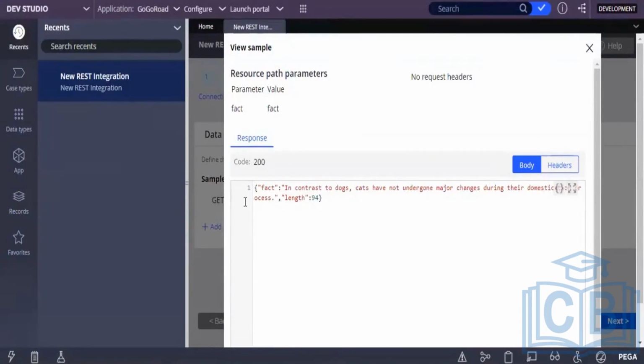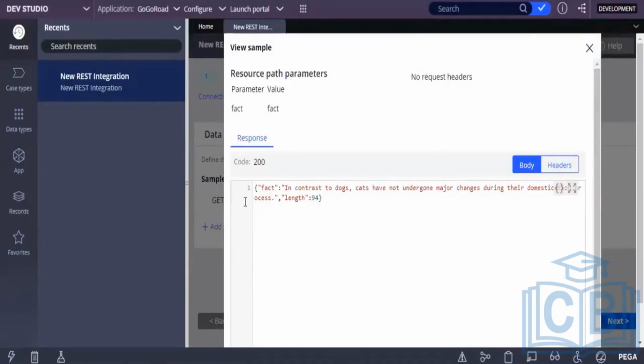This response has two properties, fact and length. Pega itself will identify the properties fact and length, and it will create those properties in the system by itself. If you are using a wizard, it will take care of everything. If you are not using a wizard, then you have to create it on your own.